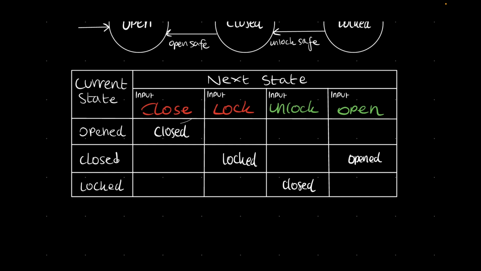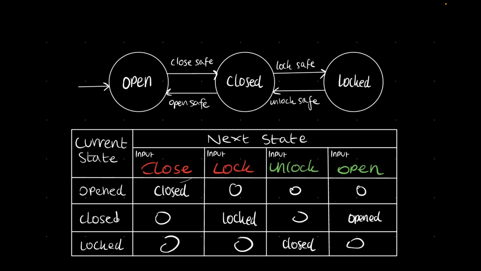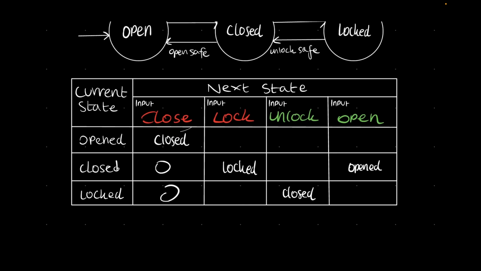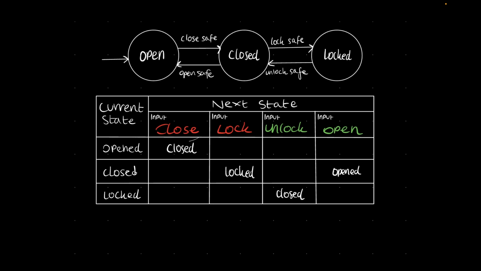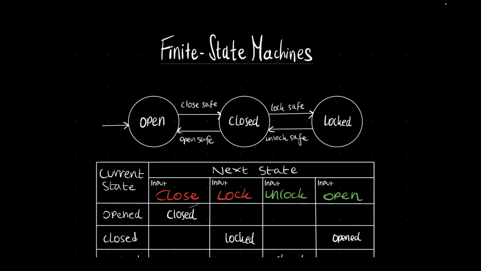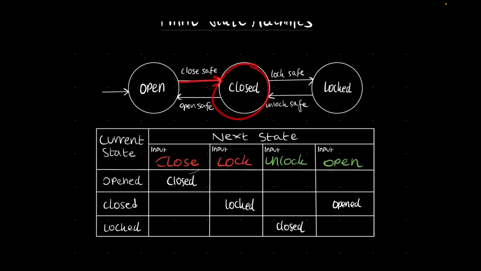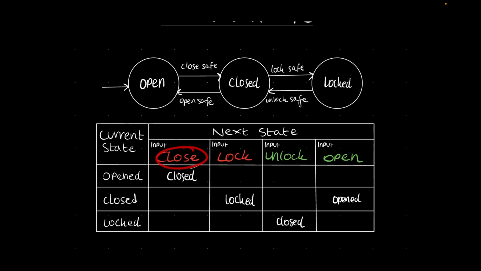Another thing they could definitely ask you is, looking at this table, can you tell me what it's going to say in these boxes based on the FSM that we've given you above? That's also extremely easy. So it's giving you the input of close. Well, input is always going to be what's being traveled across these arrows. You have what you call the state, and then you have the input which takes you to the next state. So in this scenario here, the input is close. So if it's locked and we close it,